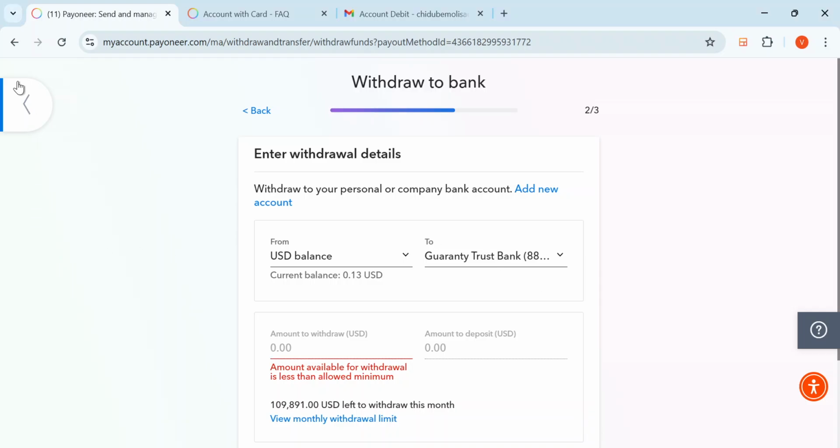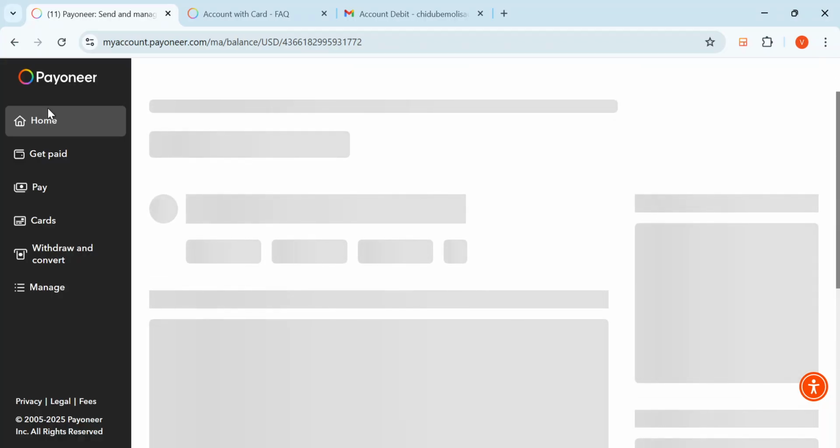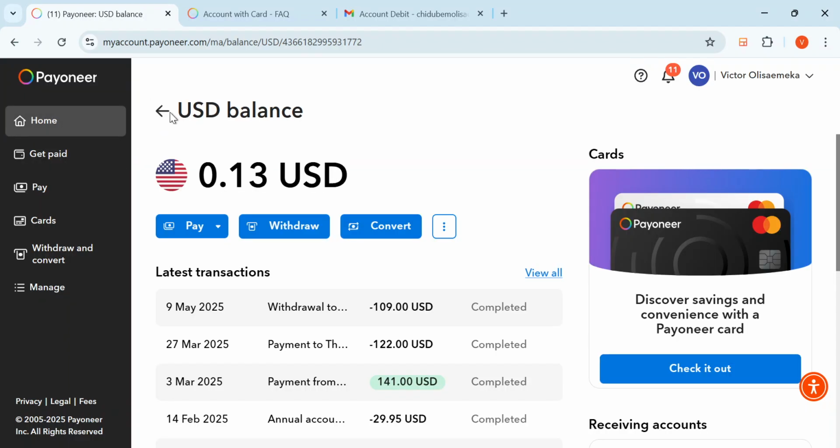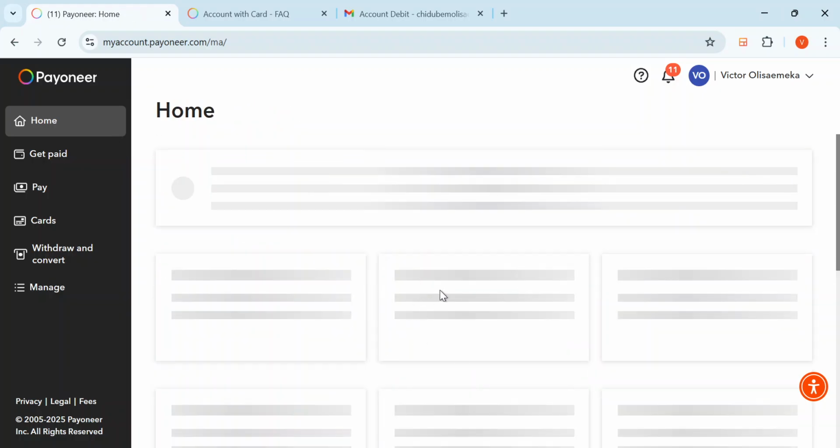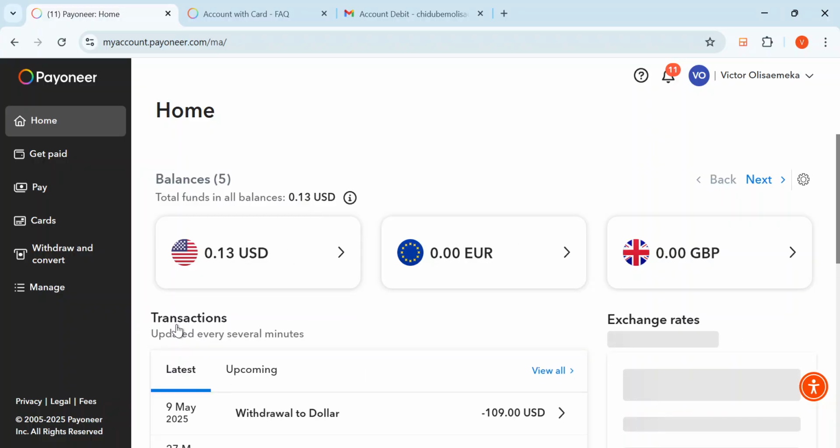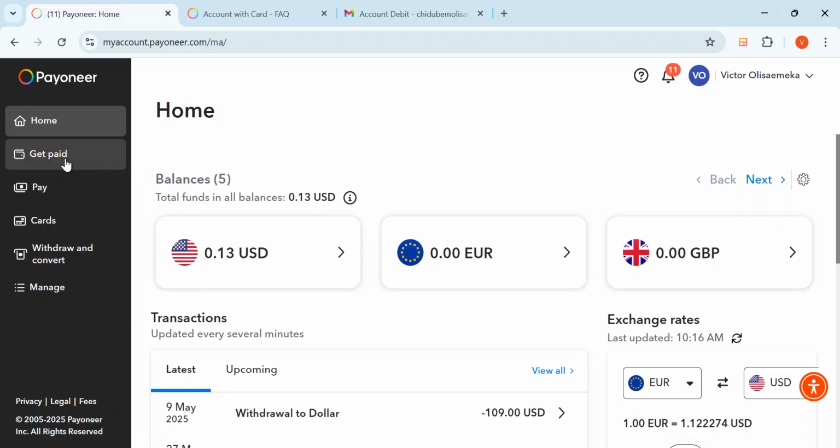Hello guys, and welcome to this video where I'm going to be showing you how to add a payment method on Payoneer. So the first thing you have to do is to log into your account, and it should look something like this. Good. So click on get paid,